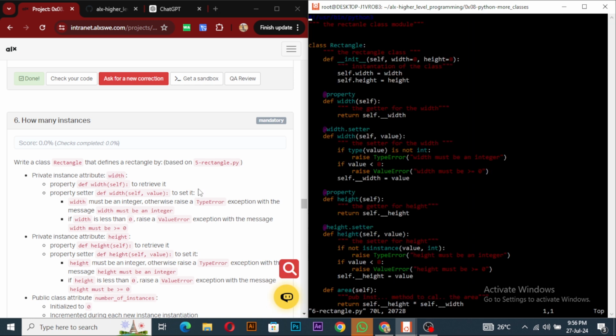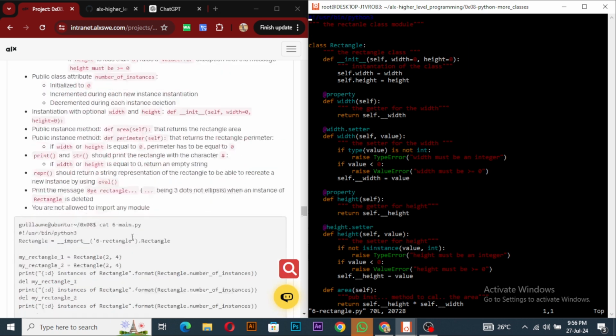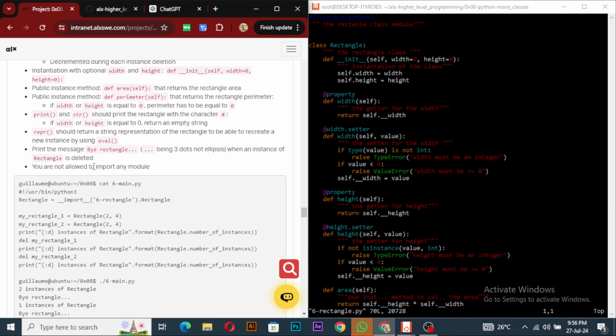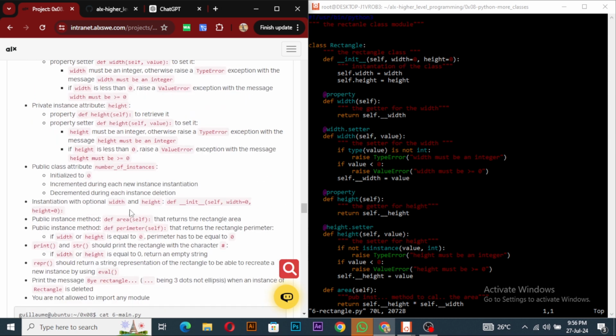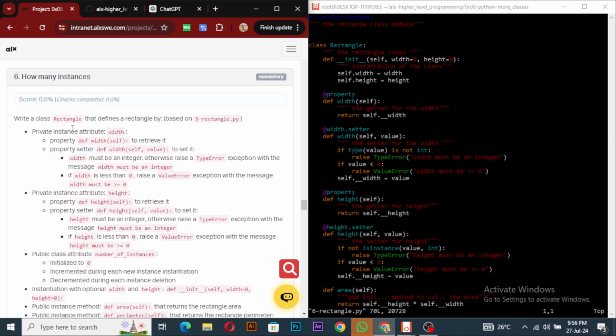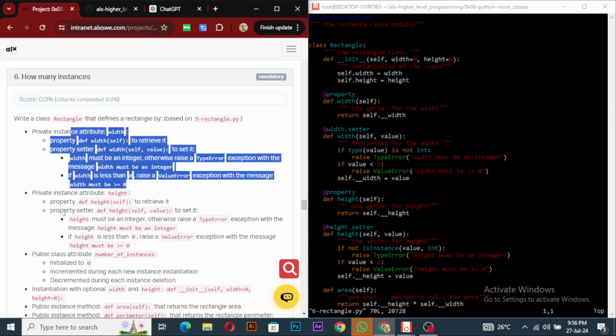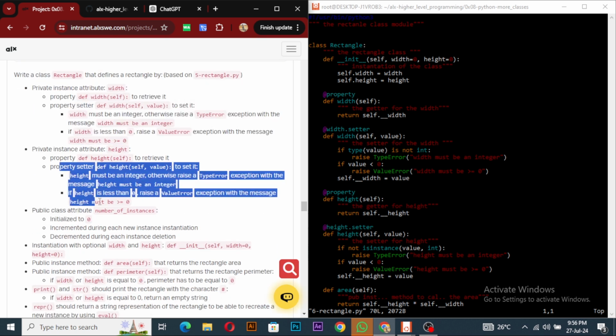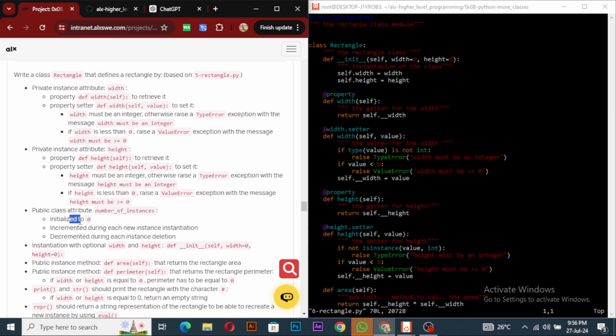So what do we need to do here? We've done all this up to this. What else? I think we've done this. Private, yes, we've done this. Public class. So public class attributes. We are going to have a public class attribute called number of instances and initialize to zero. So that will be at the top here,